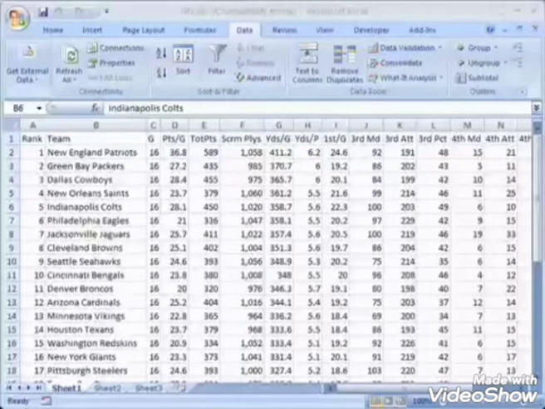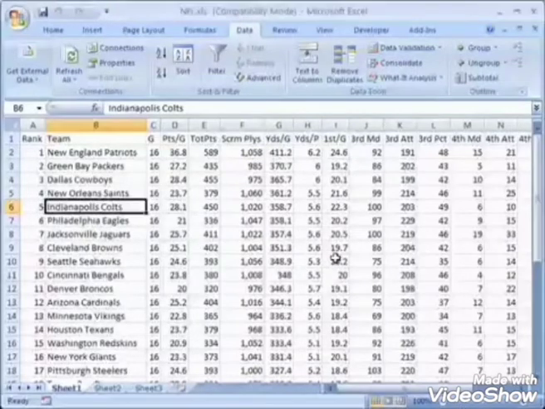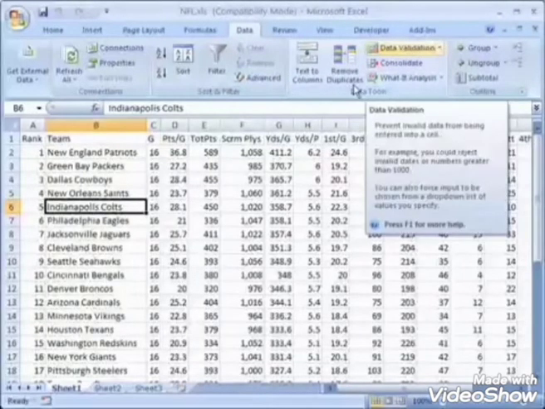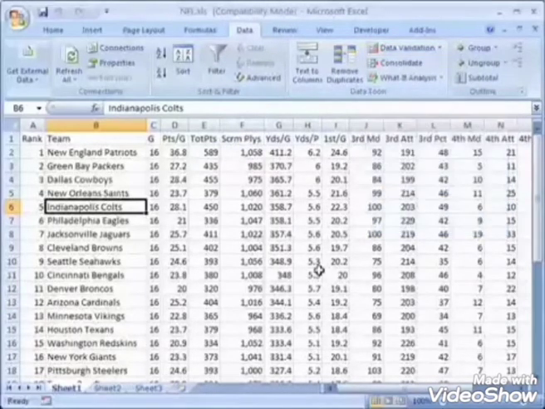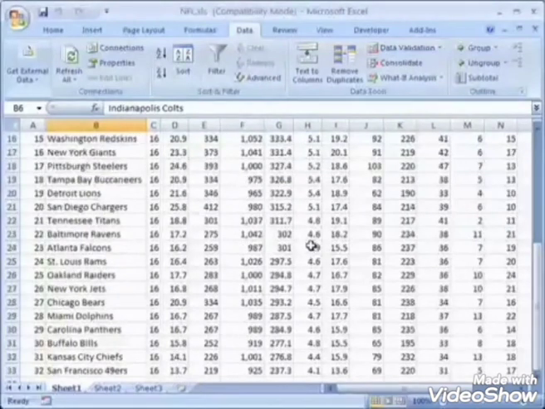Suppose you take a 20 marks paper, our unit test 20 marks paper is there, and otherwise I enter 25 marks, then the computer will not accept the value, because how much is the paper marks? 20. In Microsoft Excel I will use data validation. When I enter something wrong, the computer will give a response.